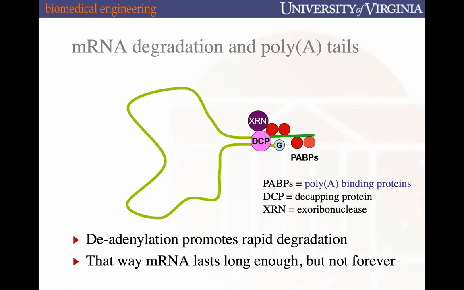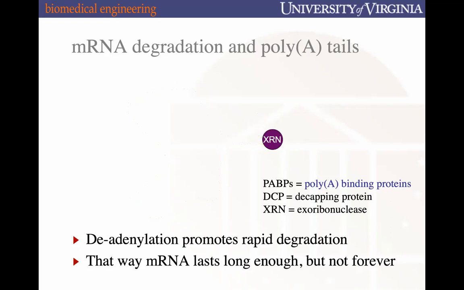And so what that looks like is that over time, the poly-A tail will be whittled away, and the poly-A binding proteins will dissociate. In addition to that, this decapping protein will remove the 5' cap. And now exoribonucleases can come in and totally degrade the mRNA. And so this de-adenylation and degradation process is kind of an endogenous timing mechanism